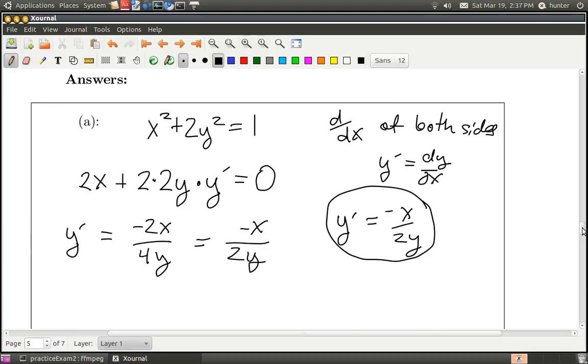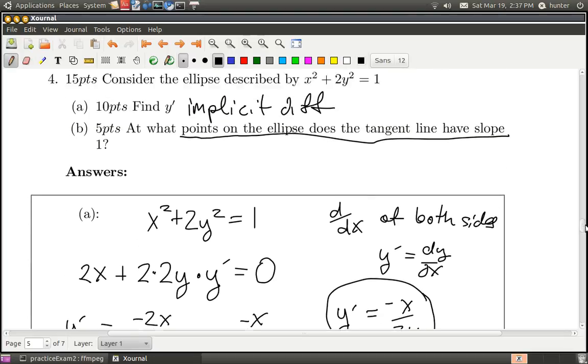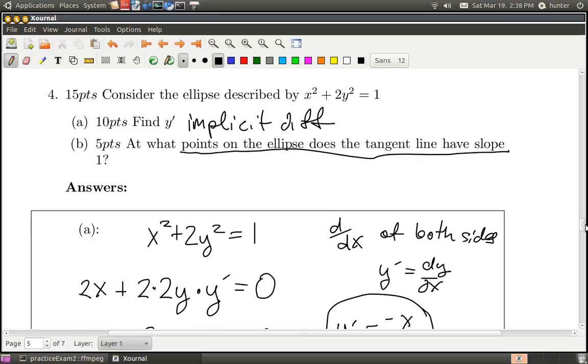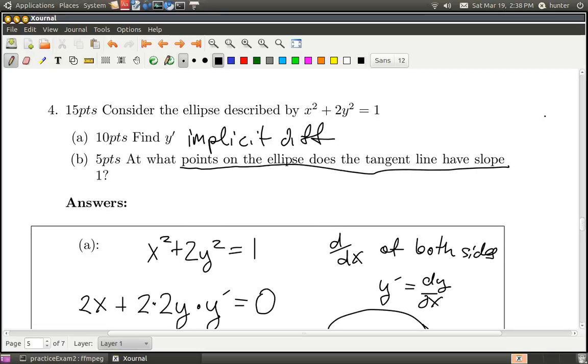Now part B is where the challenge comes in. Something like part A will definitely be on the exam, but when I started thinking about part B, I realized it's a little bit more complicated than what I meant to give you, but you can still definitely do it, okay? So we want to know at what points on the ellipse does the tangent have slope 1? Okay, so that's basically looking for the points x, y, where